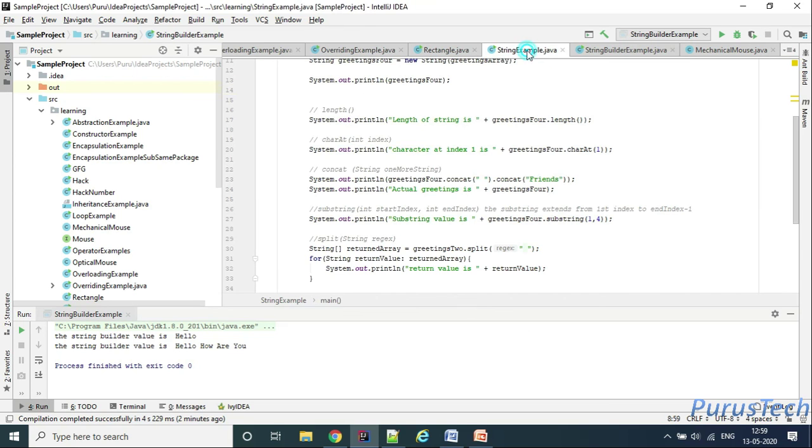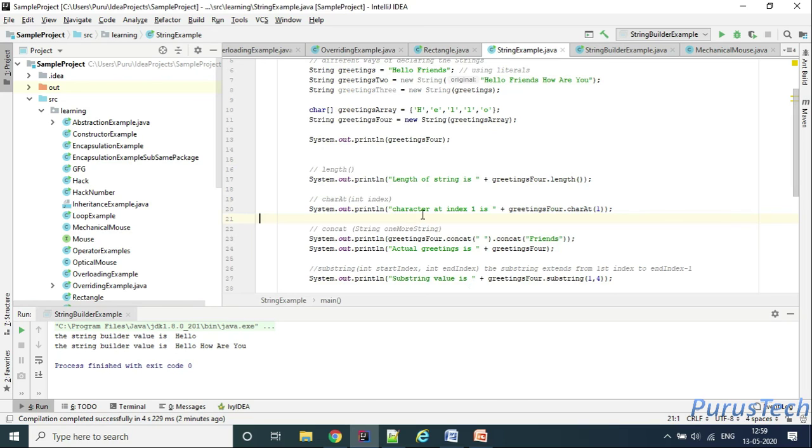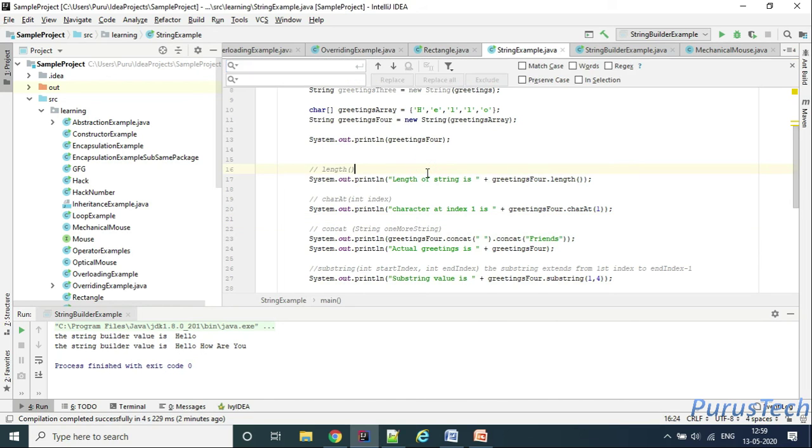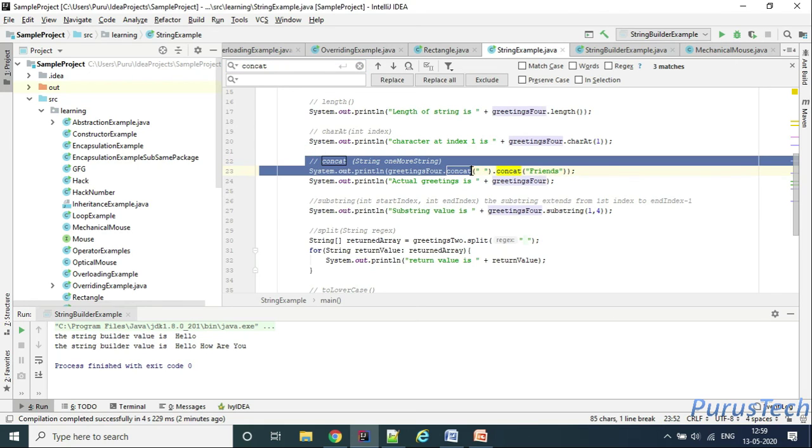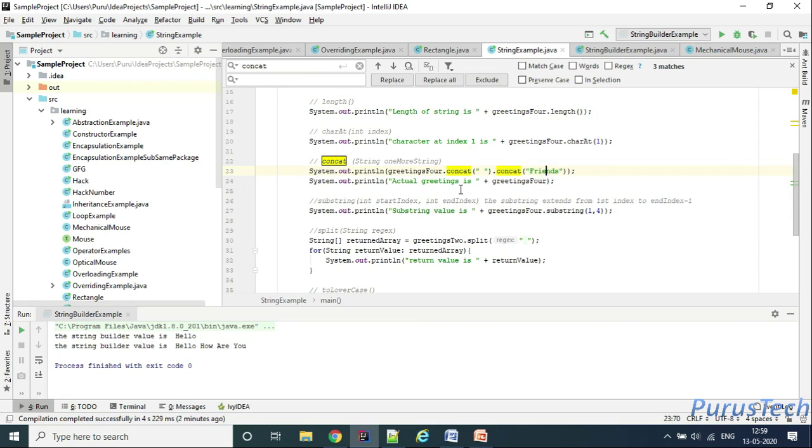So let's come to string example little bit back, and we had seen the concat method, right? So here we have seen the concat method. What it is doing? The same like append. This concatenation, right? This concatenation you can do. Otherwise, you can use the plus operator. This is also the concatenation of string, because the first one we have given as string, the second one also it will be taken as string. So this is one more way to concatenate the string.